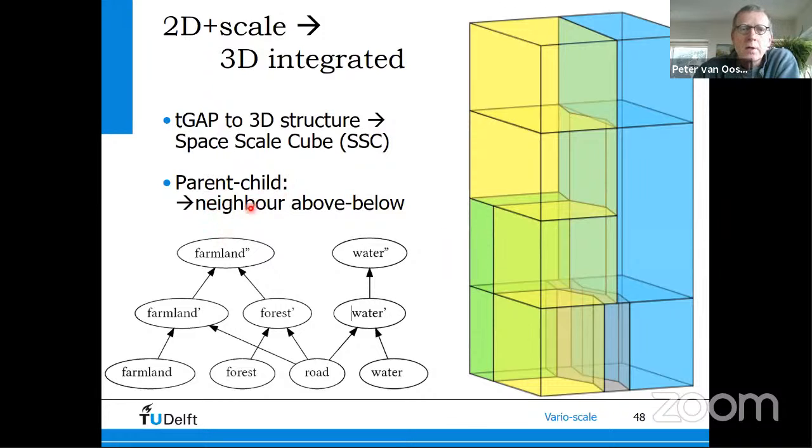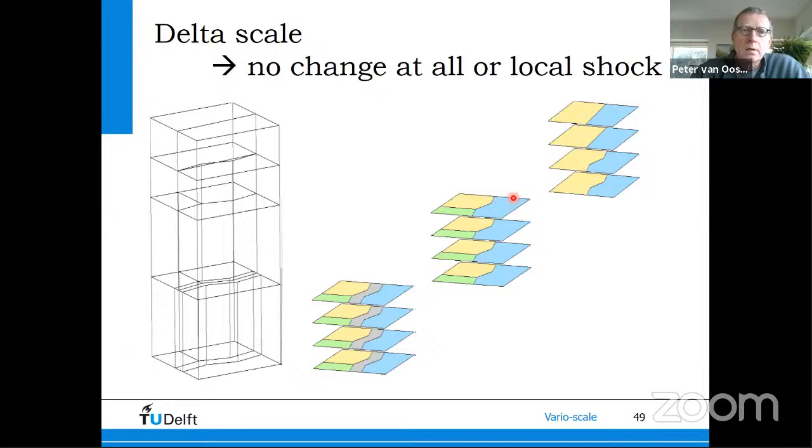And so parent-child relationships become adjacency relationships, but in the vertical direction. And in the horizontal direction, it's the normal adjacencies, like the objects on the map. So now we can take slices out of this space scale cube, and then we get a map at the proper